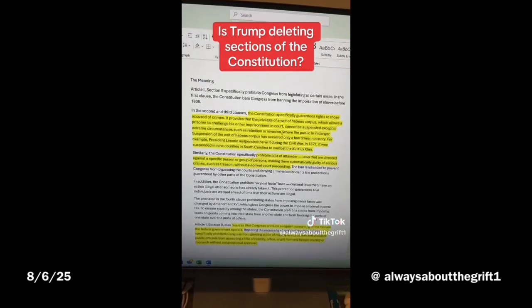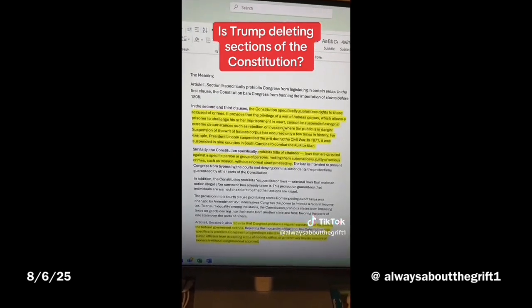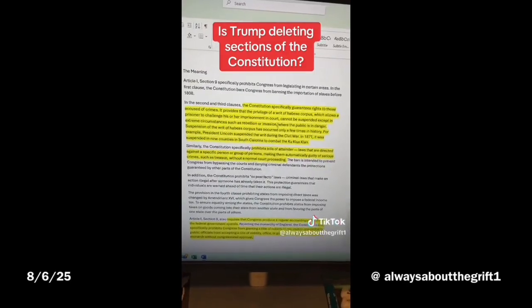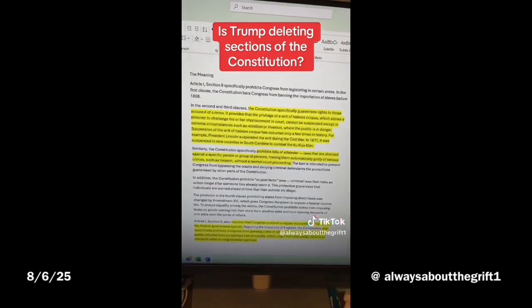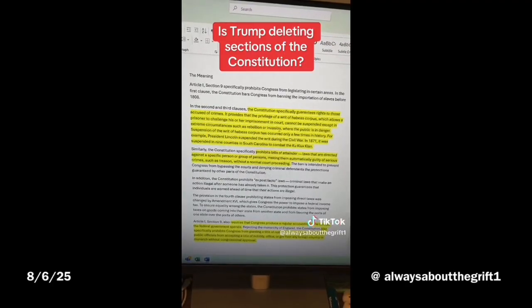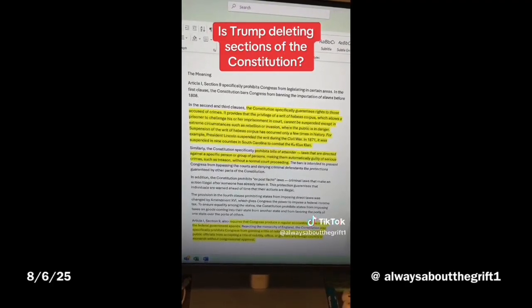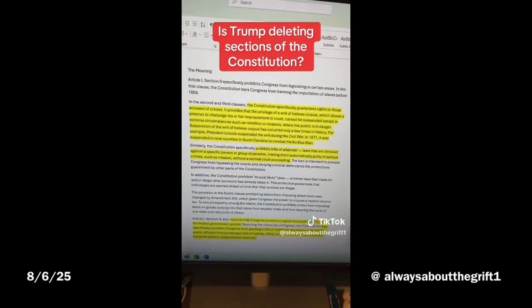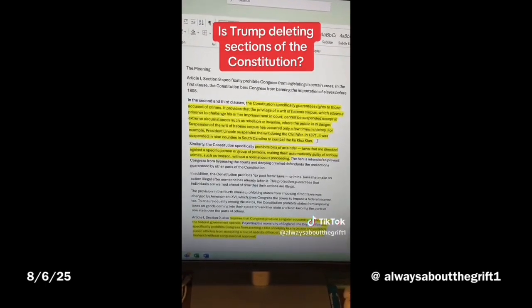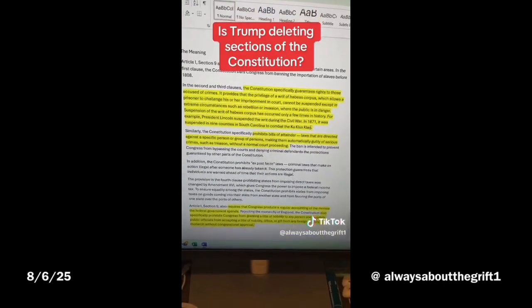And that's where Donald Trump has tried to kind of circumvent it. He says, well, there's a war on our country from all these immigrants, so we can circumvent it because it's an extreme circumstance, it's a rebellion or it's invasion. I think he calls it an invasion, where the public is in danger. That's what he is saying. This was suspended once before by President Lincoln to go after the Ku Klux Klan. I think we can all agree that that was a good move at the time.